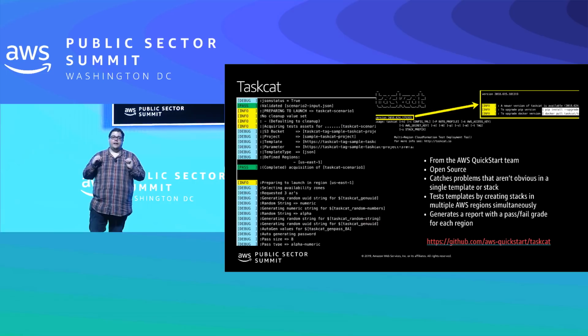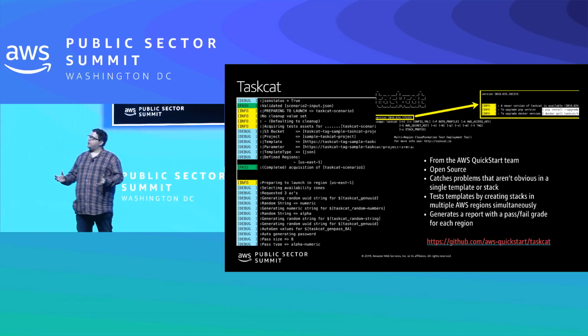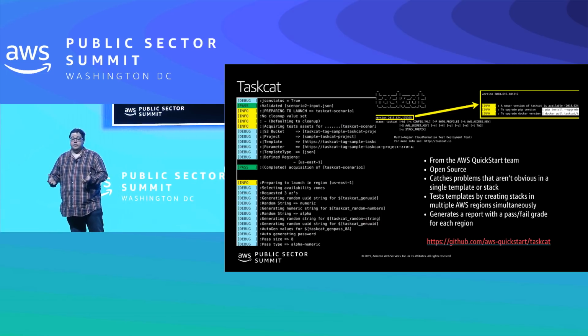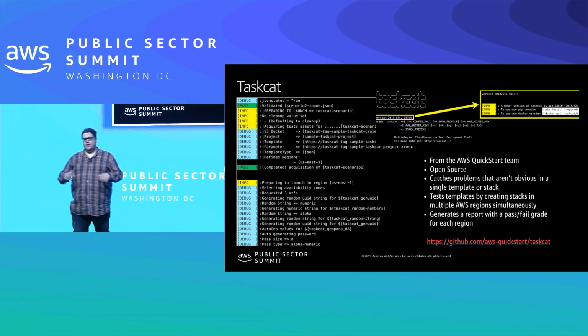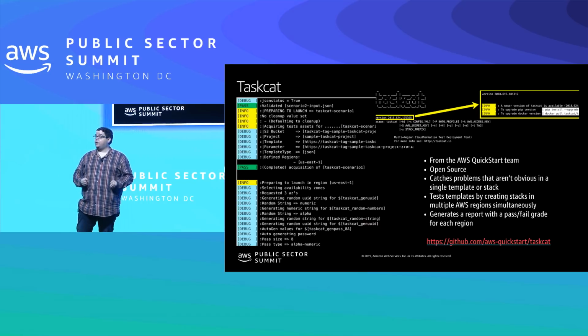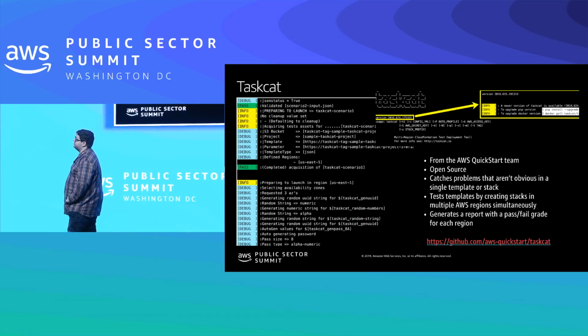You can't go on. It's all about building nice guardrails around your pipeline to make sure that when we go to production, we're safe. CloudFormation is all about being safe and repeatable, and that's what we're trying to bring to our tooling as well. Yeah, a couple of things to add to that.